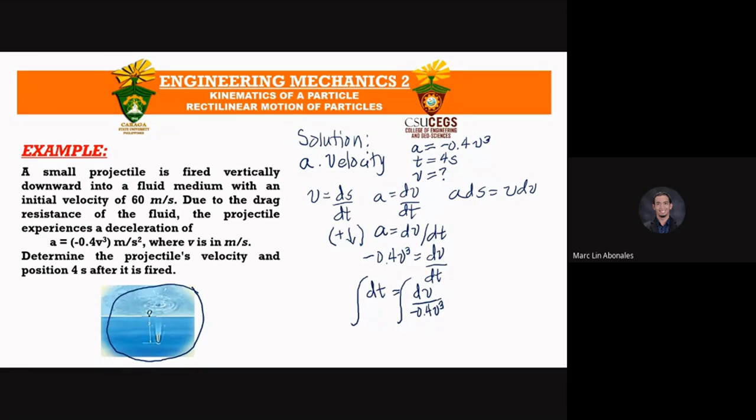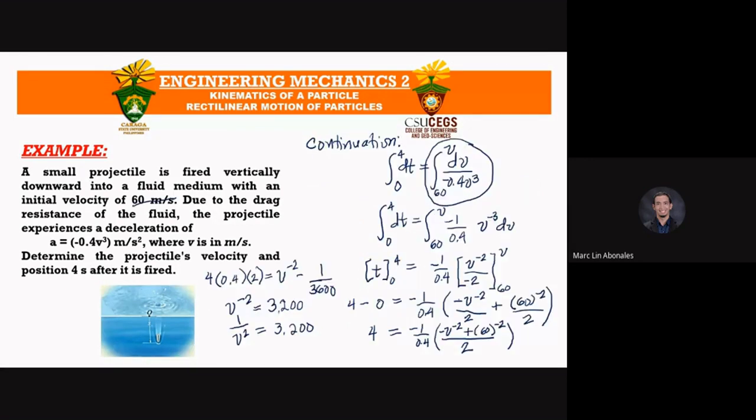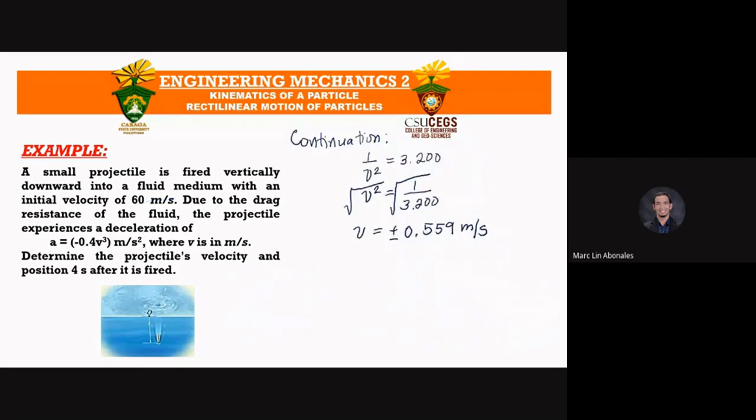Like what I said, like what Gera said, we use positive because at first, in our kinematic equation, we assumed the positive direction, so downward is positive. So therefore, in our final answer, since we have two answers, positive and negative, we use the positive value because it represents the downward direction. The negative represents the upward direction. So take note of that. So our final answer, the projectile's velocity, will be